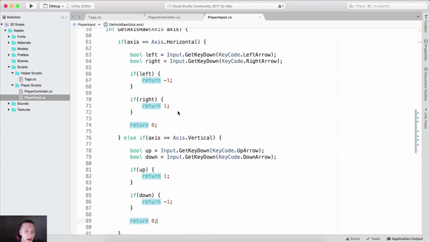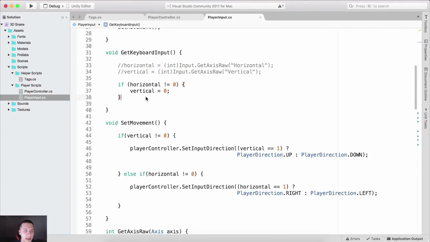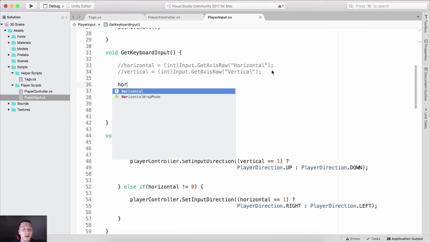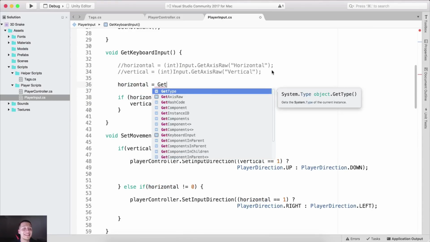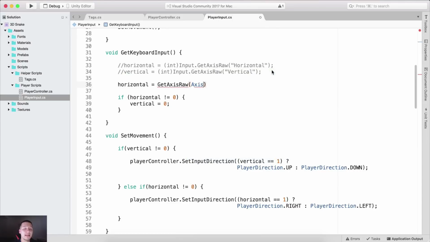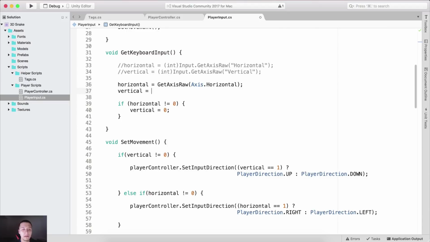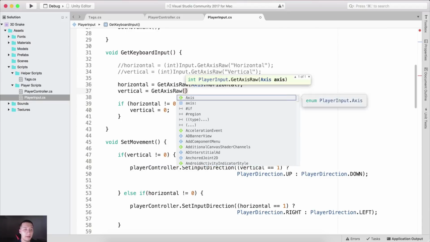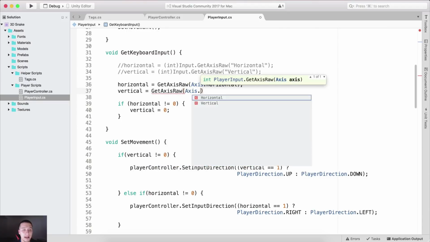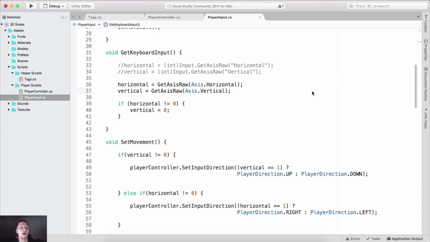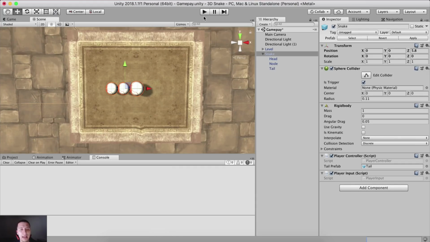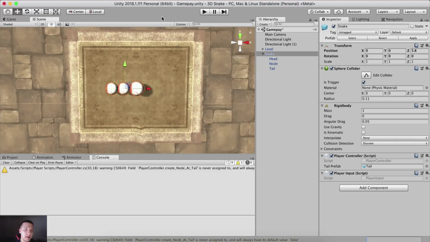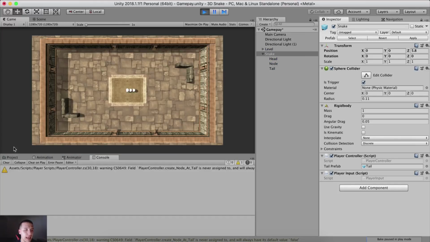So this is what we are doing, and let's go inside of our keyboard input, and right here our horizontal is going to be equal to GetAxisRaw, passing here Axis.Horizontal. Our vertical is going to be equal to GetAxisRaw, passing our Axis.Vertical. So it's vertical like this. Voila! So if we go back now in our Unity, and if I press the play button, and notice now